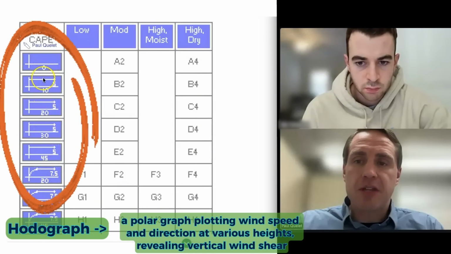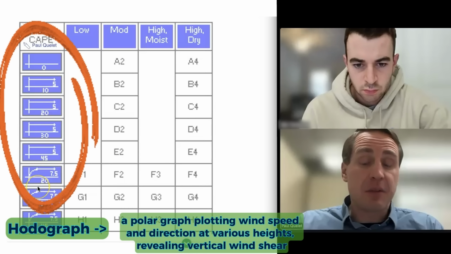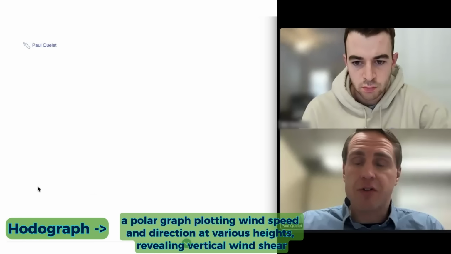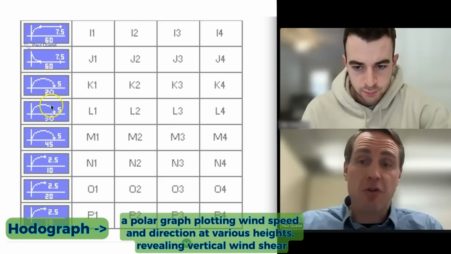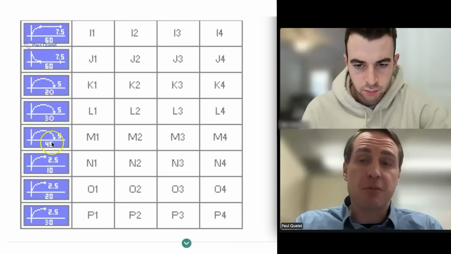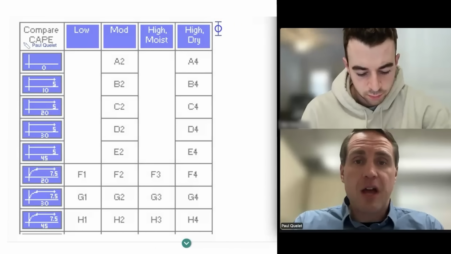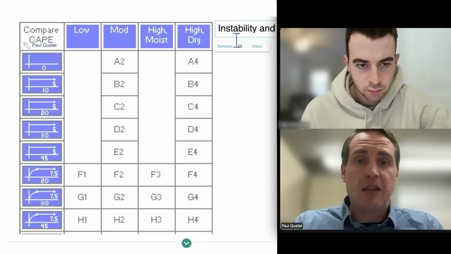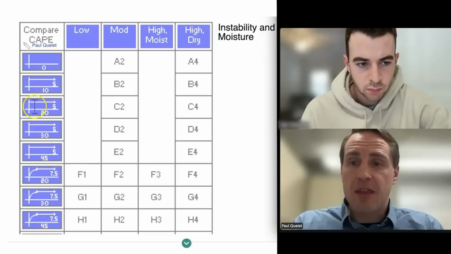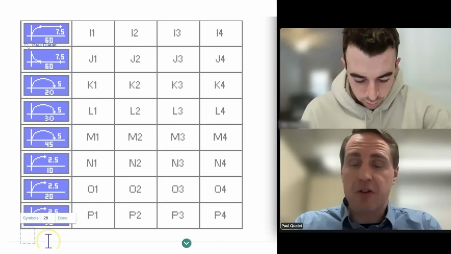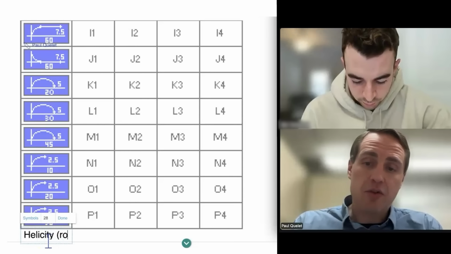These are going to tell us something about the length of the hodograph, what the shape of the hodograph is, and how many meters per second it goes up to. So on the top, it's going to be a measure of instability and moisture. And then the hodographs on the left-hand side are going to be a measure of helicity, which is rotation